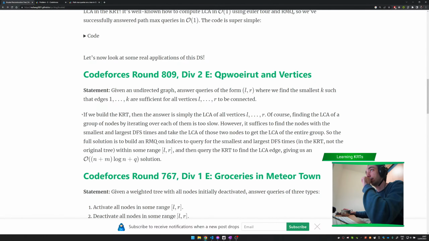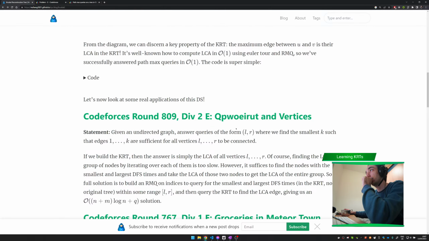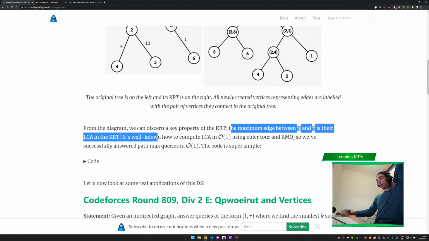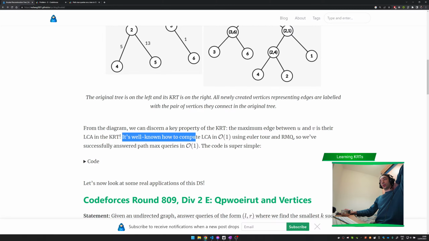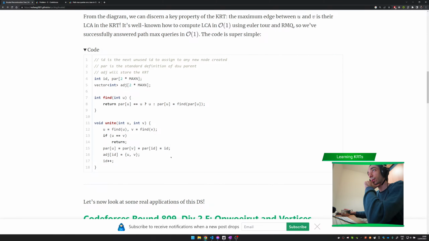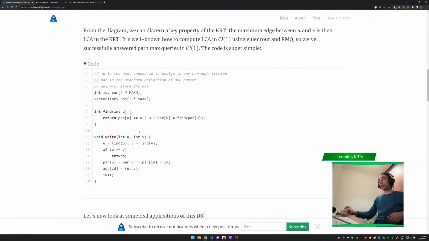How is this best done? If we build the KRT, then the answer is the query. Okay, we know what's the answer, but the key property, the maximum edge between U and V, is their LCA. It's well known how to compute LCA. What's the code here? The code is just union find, which doesn't help much. Oh, he's actually doing it inside the union find. Okay, I see. So we find this and this,